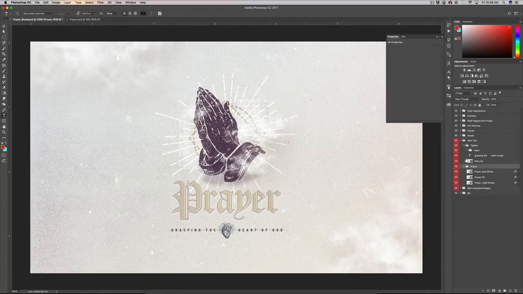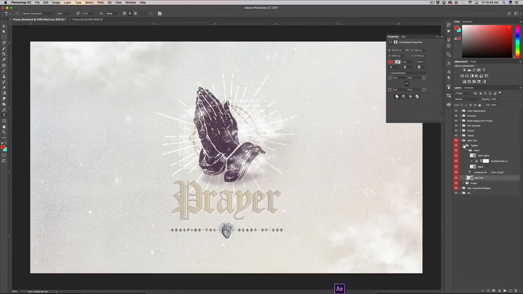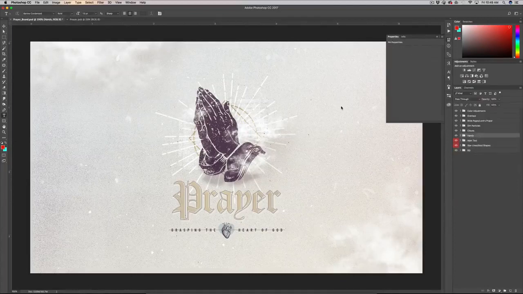Next is the tagline. Again, it's just a simple text layer. We have a heart in there, which is an alpha-matted heart with the blending mode on it to get rid of any white that was on there. Then this red line through it, which is just a simple shape layer, which we talked about already. The hands was a free vector that was available for use, so I downloaded that and adjusted some colors on it. Added just a really small, subtle,